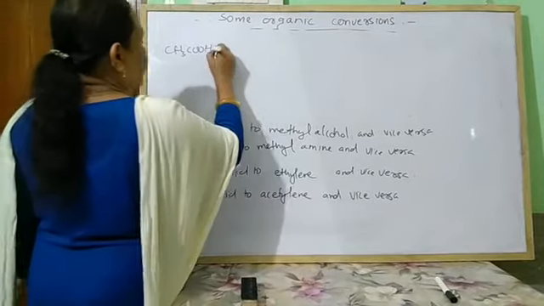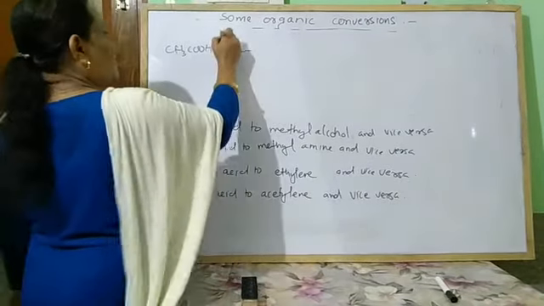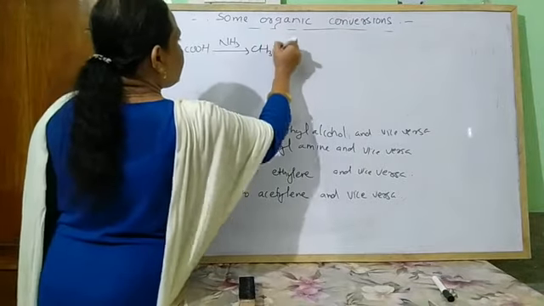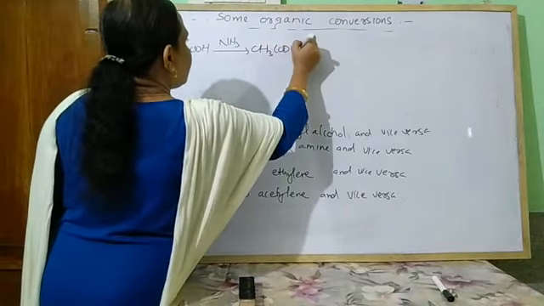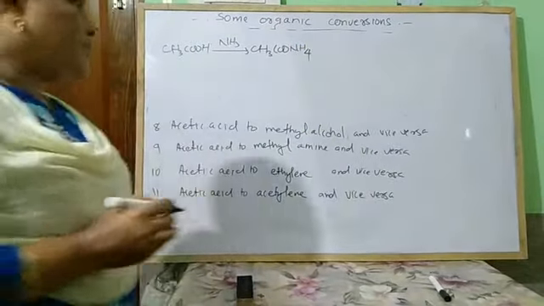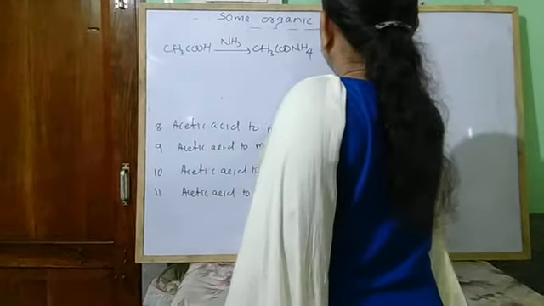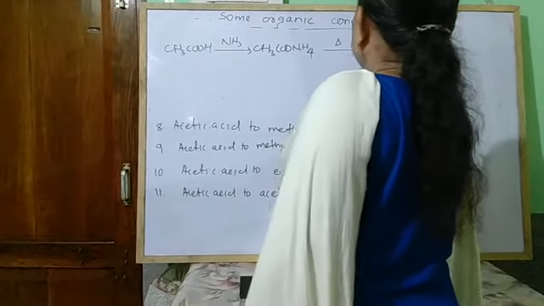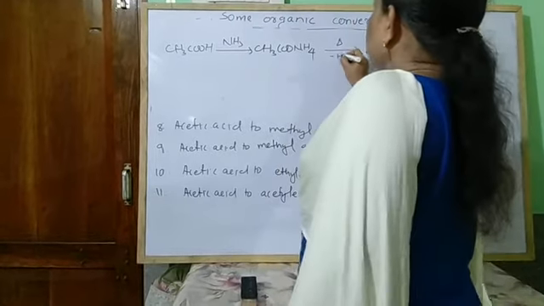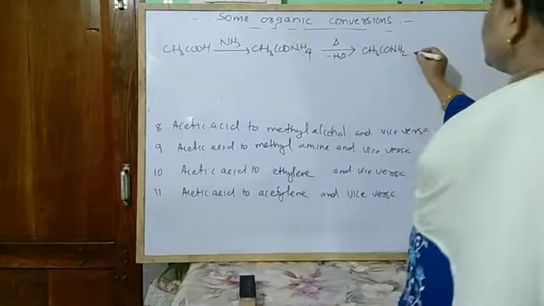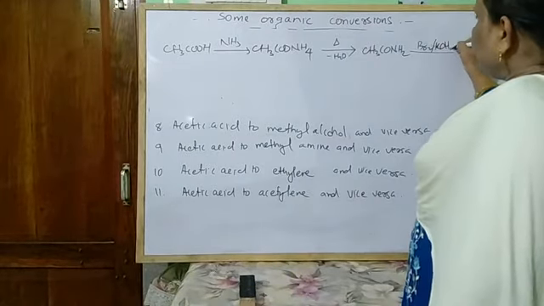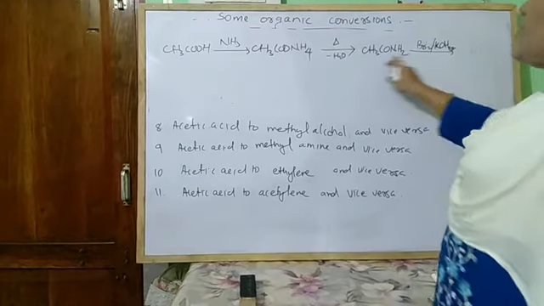So acetic acid when treated with ammonia gives ammonium acetate, and ammonium acetate when heated gives acetamide minus H2O, and when this is treated with bromine and aqueous KOH, warmed,